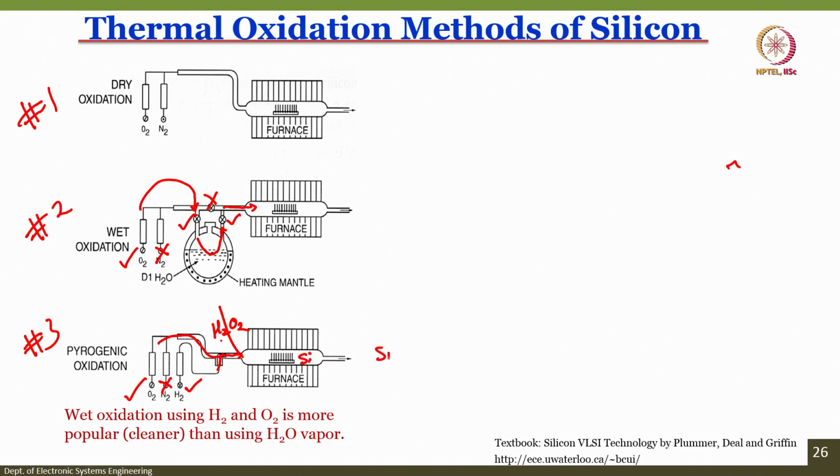So, that forms silicon dioxide. Again, this is way cleaner and more popular, right, rather than using the water vapor. Okay. This way you can grow silicon dioxide faster also, but